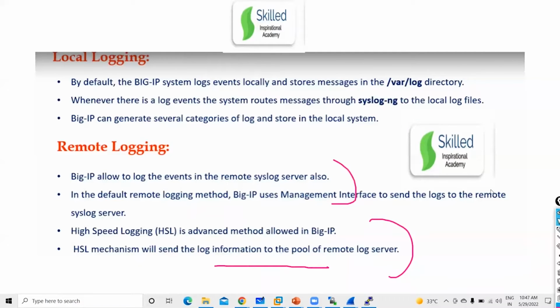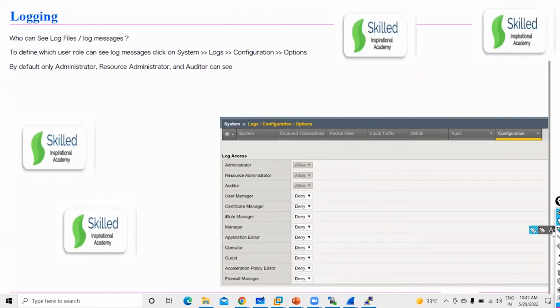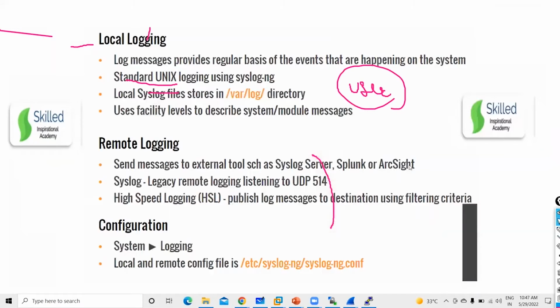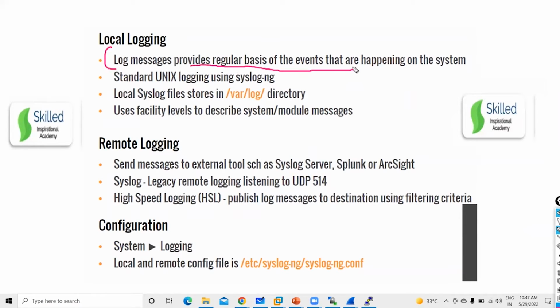See, a BIG-IP is allowed to log the events to a remote syslog server also. So you can also configure which type of logs, who can see the logs file. That we will discuss in user, right? I don't want my auditor to see the logs. So user definition you can ignore, I will tell you later on. So that is how it is stored. So local logs basically provide you a regular basis of events, what is happening inside F5. And that are stored in /var/log. And remote logging servers are stored in